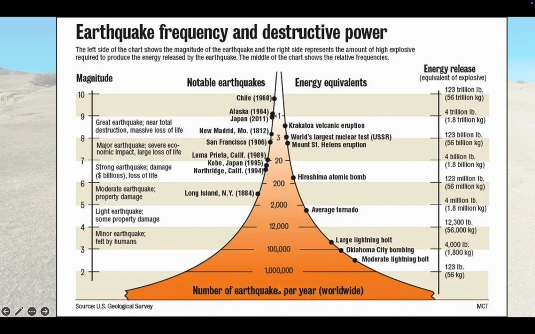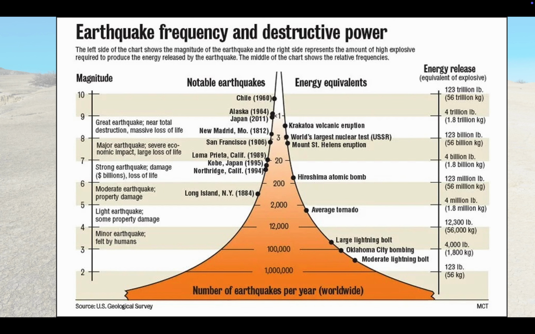So our number of earthquakes per year is demonstrated by this orange area. There is a very large number that are under a magnitude of 2. So that's your smallest earthquakes. You can't even tell they're happening. By the time you can feel them, they have to be between a 3 and 4 and higher in order for us to feel any strength from that earthquake. We've got the strongest earthquakes when we get up to a magnitude of 10. Those are extremely